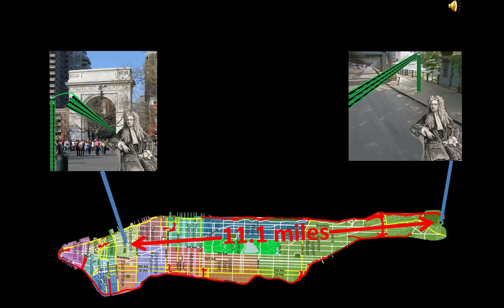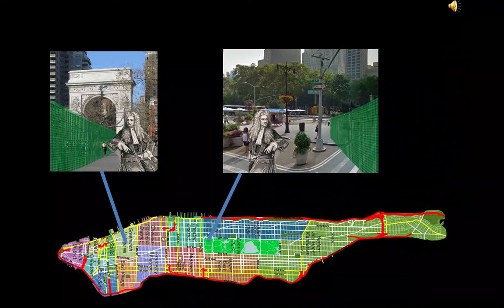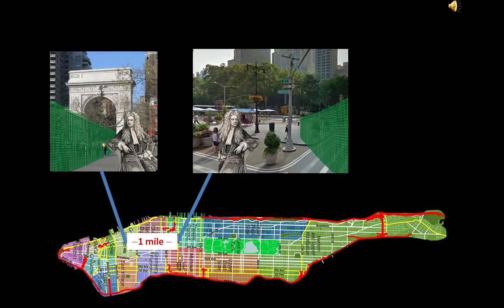Here's our previous view of Sir Isaac's unfolded 30 nanometer fiber, looking like some sort of weird green electrical trunk line and extending 11.1 miles all the way to the border of the Bronx. After 300 nanometer folding, it now looks more like a green picket fence or a curtain of some sort. It's been compacted to a new structure only about a mile in length, a fraction of its former self, barely